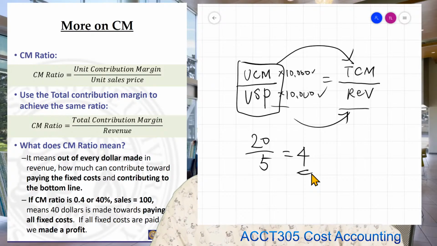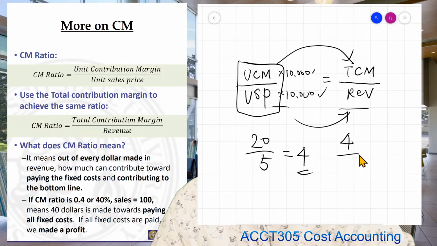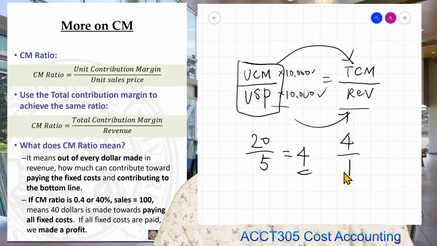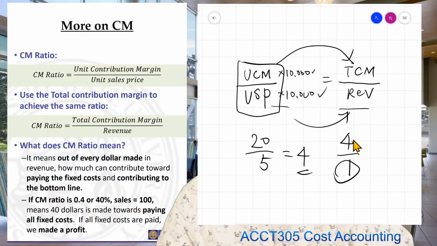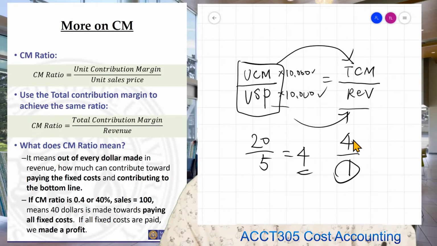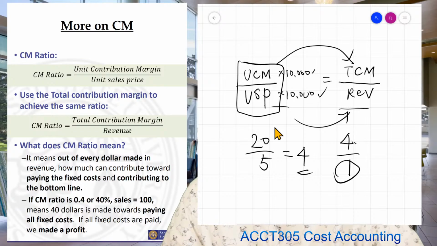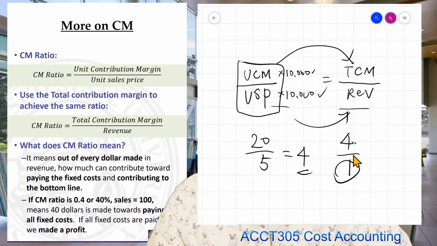Right? So that means it's 4 over 1. That's actually what it is. So if you read the 20 divided by 5, that means that every person gets 4, right? So the same thing here when you're doing contribution margin in a ratio form, right? What you're effectively doing,